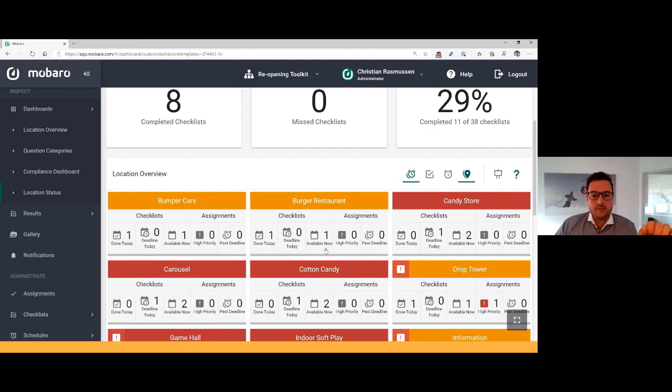This dashboard element is pretty cool. What you have here is each of these blocks corresponds to a location in your setup, and the color on the top here indicates the readiness status of that location. So just by looking at this, I can see that, for example, my bumper cars, they are